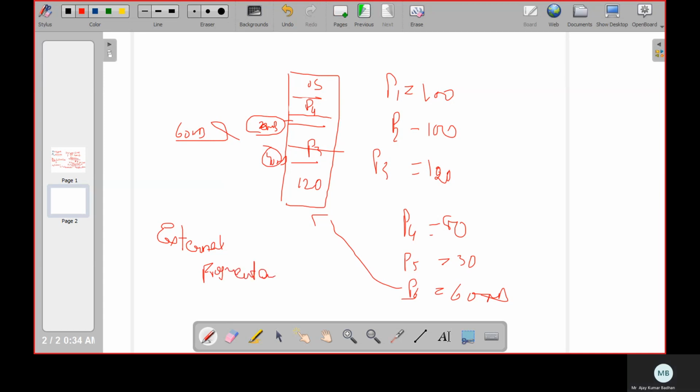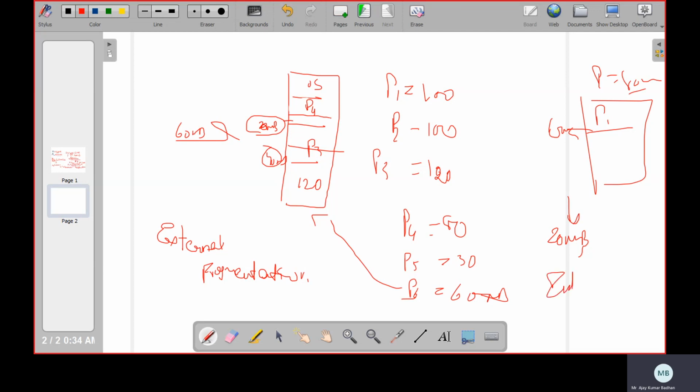Okay, I hope you understand what we mean by external fragmentation. Internal fragmentation is this: suppose we have 100 MB and process C1 requires 80 MB. You have allocated this process C1 to this. So what is the difference? C1 will utilize only 80 MB. What about the remaining 20 MB? He is not utilizing it. That is what we call internal fragmentation.